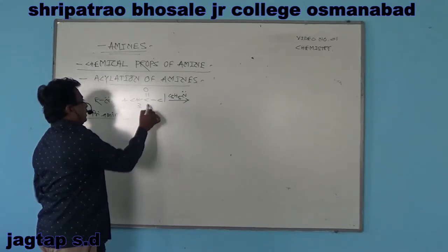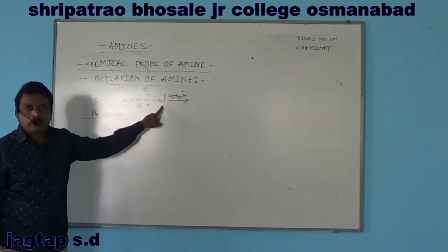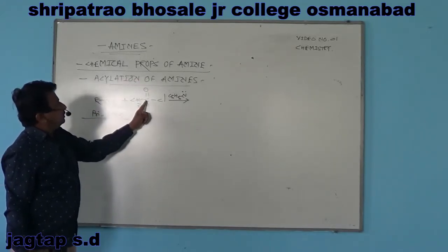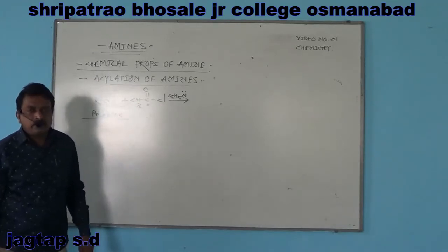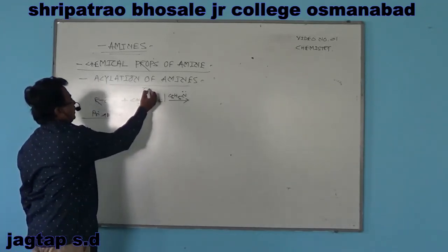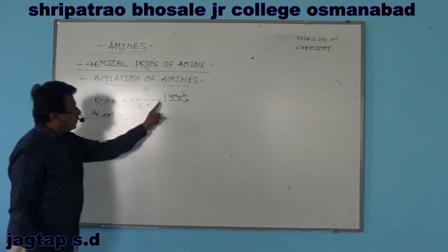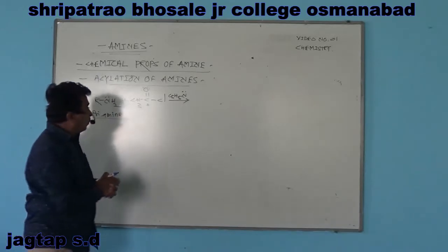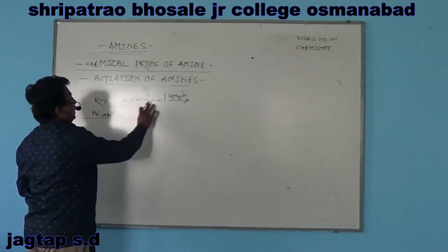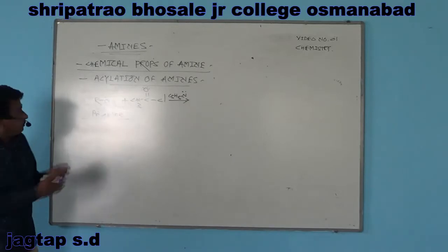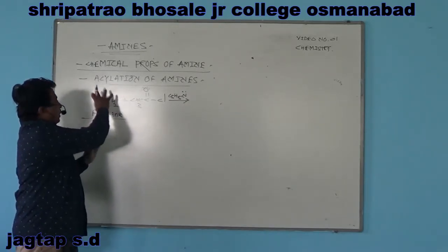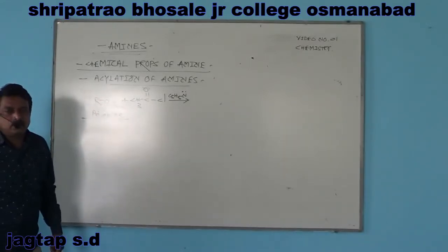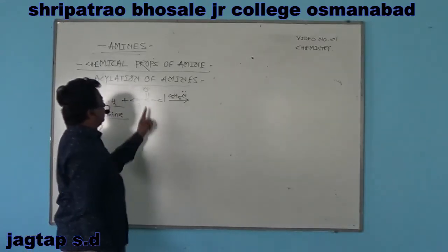Carbonyl carbon atom is attached to the more electronegative chlorine atom, and it is directly attached to a divalent oxygen atom. Here the oxygen atom contains a pair of electrons. Here chlorine shows the negative inductive effect, having a tendency to pull electrons towards itself, and therefore the carbonyl carbon atom is electron deficient. In presence of amine, the nitrogen atom contains a pair of electrons and has a tendency to donate a pair of electrons to the electron deficient species.